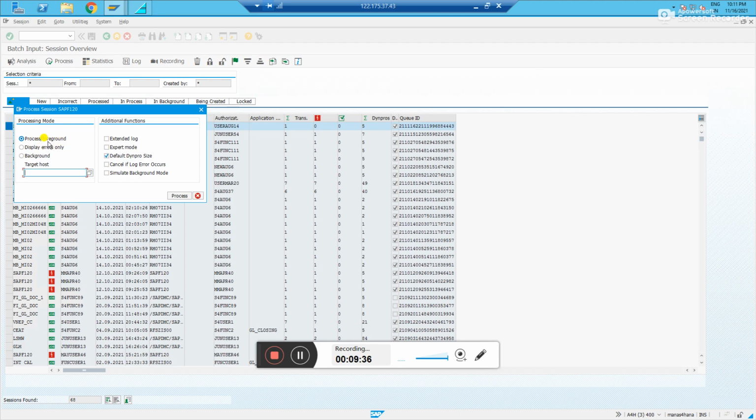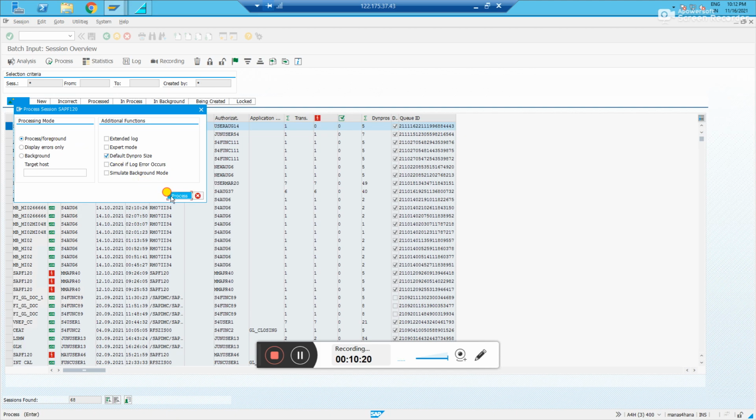Okay, this is foreground and there is background and only display errors. It means if you select process foreground, what is happening in the background, like what the rent is, you are posting a rent recurring entry, right? In a rent, whatever screens are part of it, those screens you see with your eyes in the foreground. If you select display only errors, it will not show unless you have an error. Okay, and also if you select background, nothing will be shown to you. Everything will be processed in the background and you'll see the result. Okay, for now we'll select foreground only and we'll see every screen. We'll keep pressing enter and we'll see.